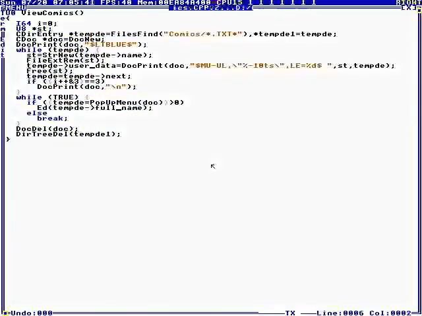Comics. This uses find files to look up all the comics. Find files is like find first, find next, except the way we roll is we get the whole list in one. In other operating systems, you do find first, find next. What we do is we just get them all in a linked list, a tree, and print the name. This makes the menu. We make a document with the menu, and then